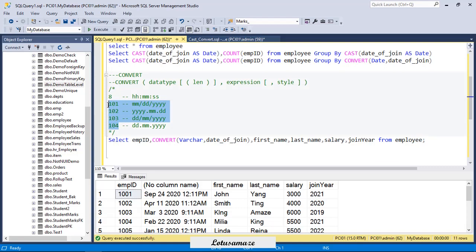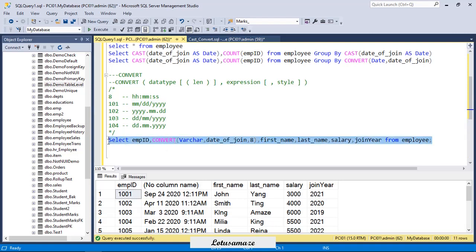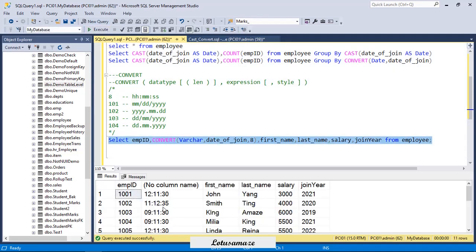You can check all these codes on the internet, but I've taken some of them. If I type 8, it will display only the time. If I type 101, the date would be in this format. First of all, I check 8. This is the style, the optional third parameter. If I type this, you can see only the time is displayed.